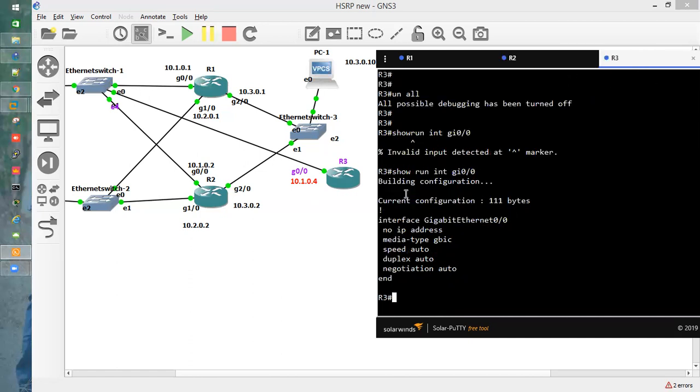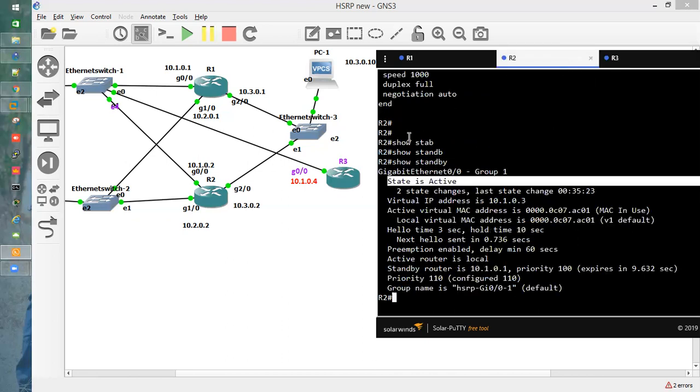I haven't configured anything on R3 yet because I will configure it in front of you, and then show you how the state changes on R1, R2, and R3.